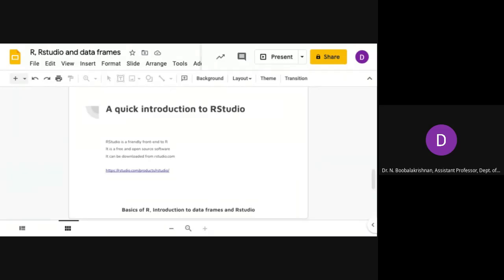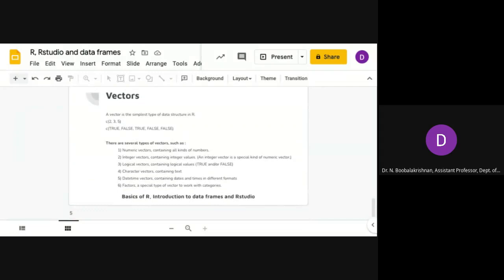Before that, I want to make something clear: there is a jargon we call vectors. Don't worry about a vector. A vector is the simplest type of data structure in R. For example, c(2, 3, 5) or c(TRUE, FALSE).